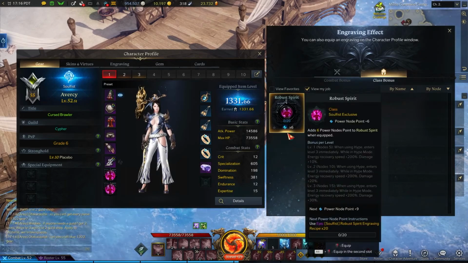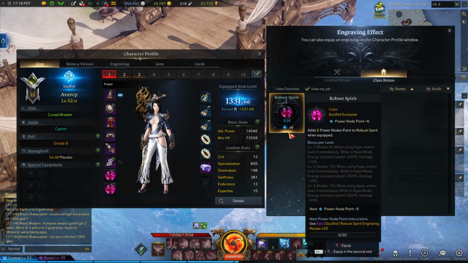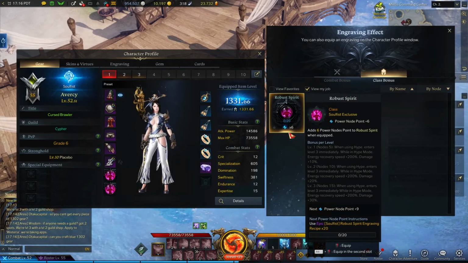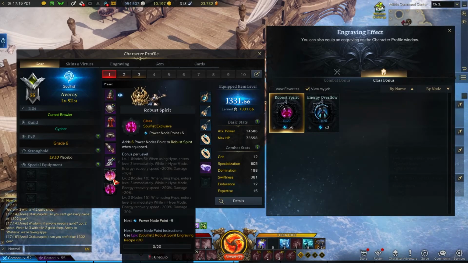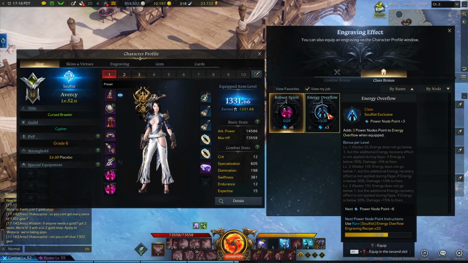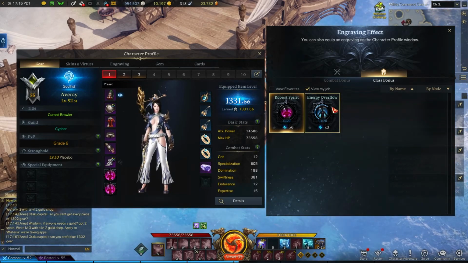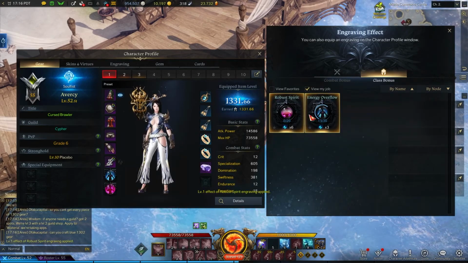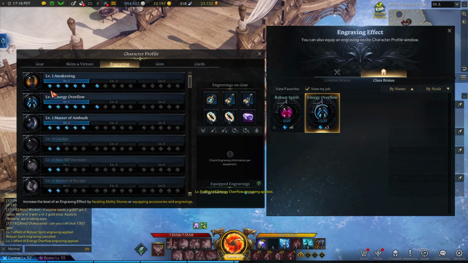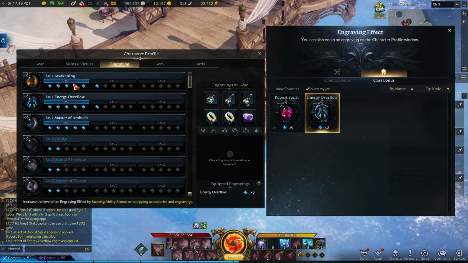So what this does is this says that I have a level 2 Robust Spirit effect, so I will get 6 power nodes for each one that I have in here, each Robust Spirit socket. If I decided I wanted to play my Energy Overflow build, rather, I would take these down here and I would equip them in the bottom left. What this would do would be, see how I only have 6